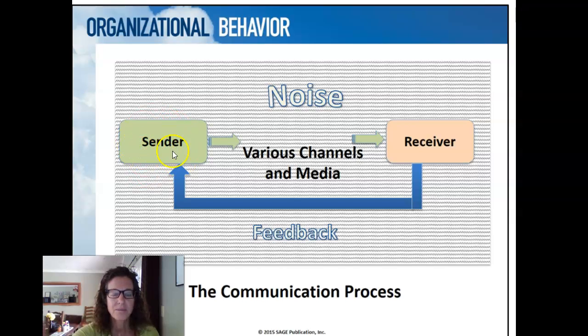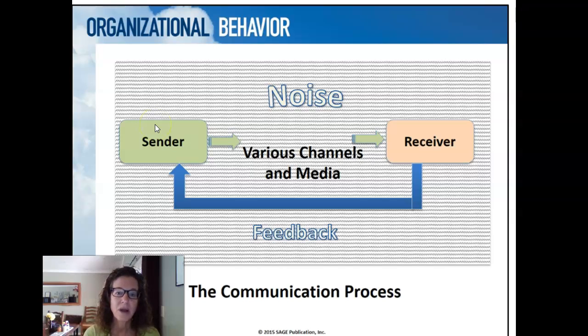The encoding process can mean that I am encoding my message through video or through face-to-face communication or in written form. There are lots of ways in which we can transmit a message. There are lots of different channels we can use: face-to-face communication, video conference, teleconference, letter, email, text message, fax, memo. The receiver then decodes the message and sends a response through the feedback loop.